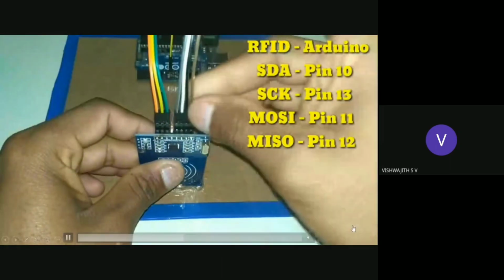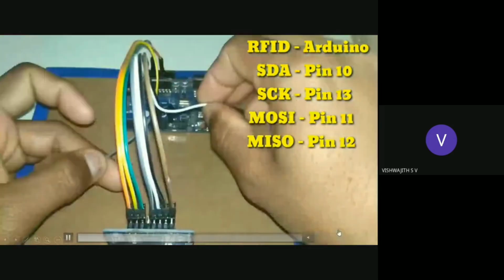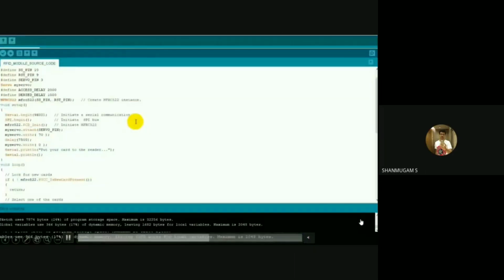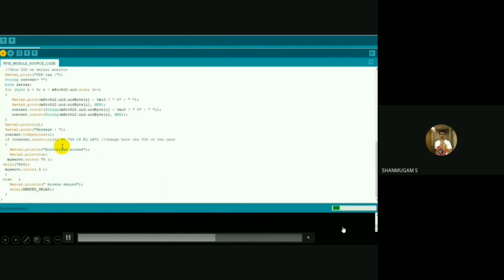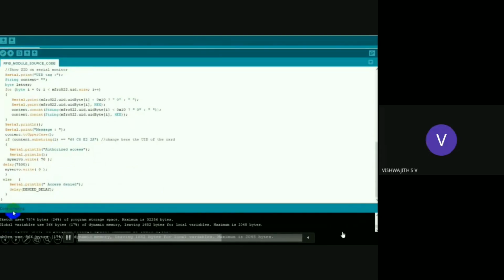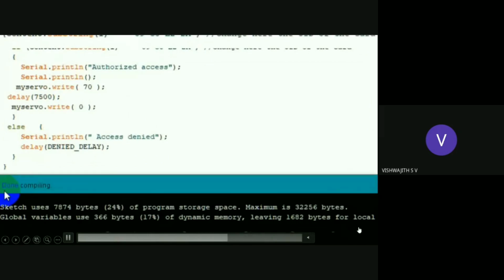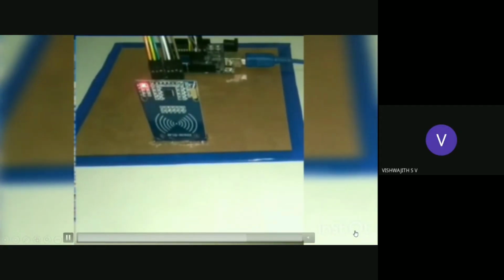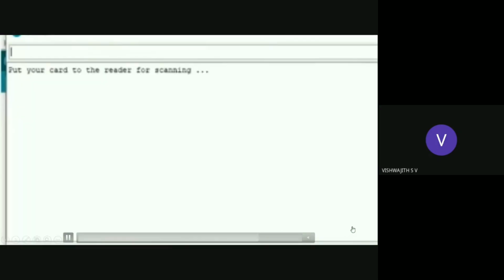The respective pin connections are being given. The code is being compiled. Now the working process is going on. The compiling results will be displayed over here.